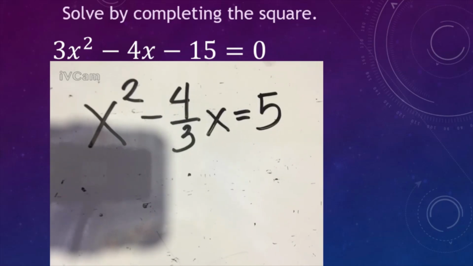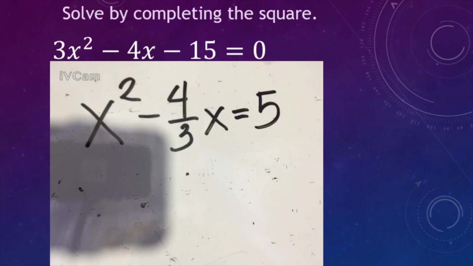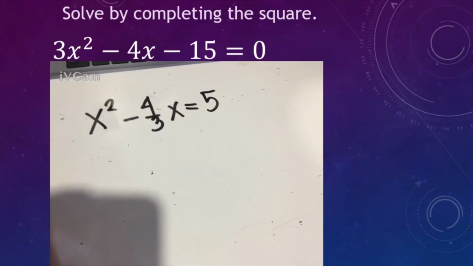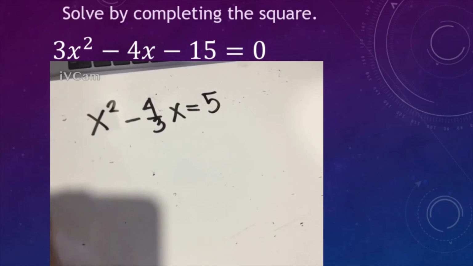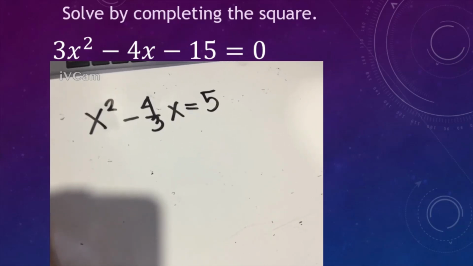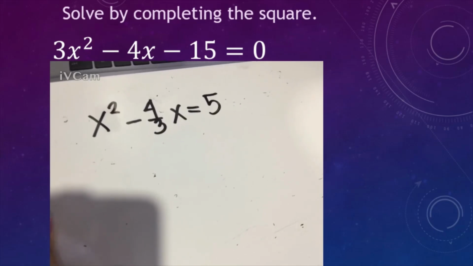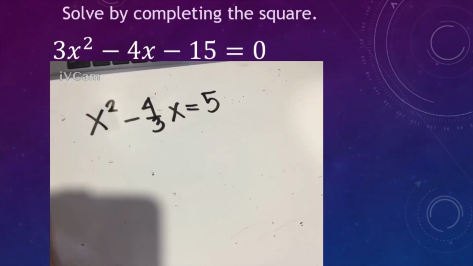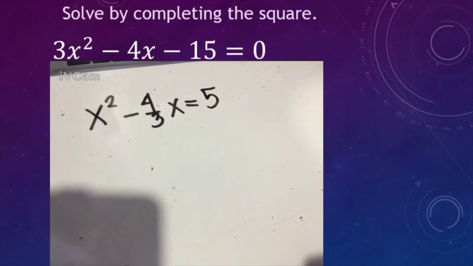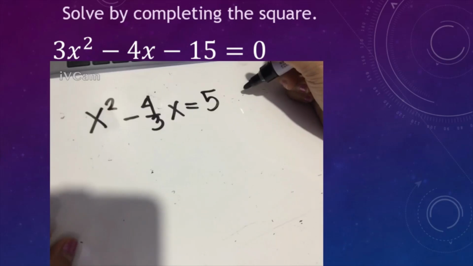Now we are done isolating the terms with variable and the constant term. Let us proceed to the next step. We're going to add the square of 1/2 the coefficient b on both sides of the resulting equation. Then the left side of the equation becomes a perfect square trinomial. So what is the coefficient of b in our quadratic equation x squared minus 4 over 3x is equal to 5? Yes, the coefficient of b is equal to